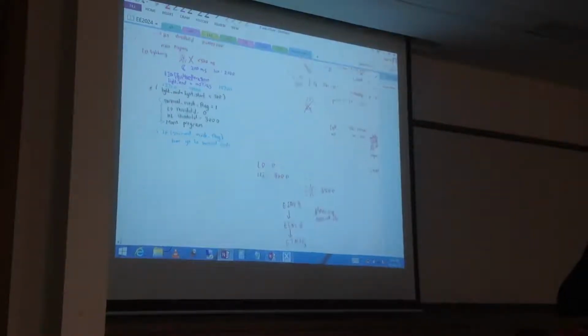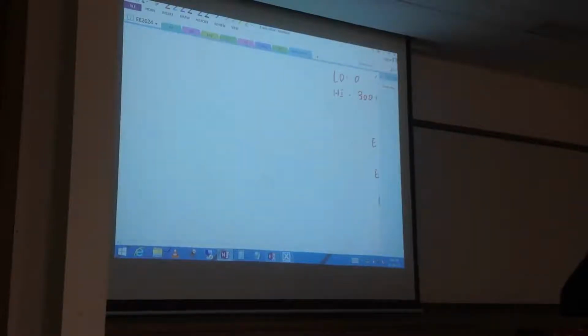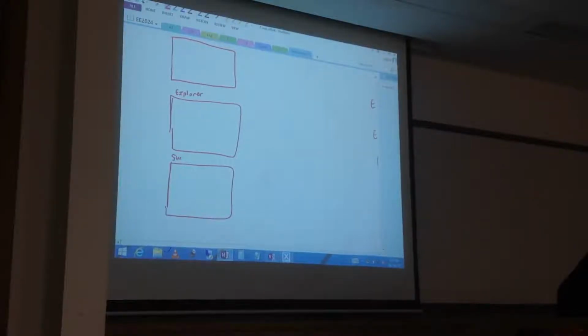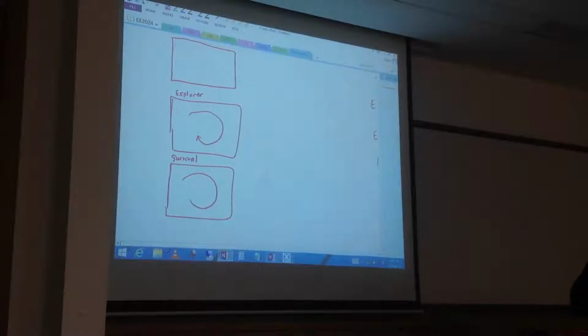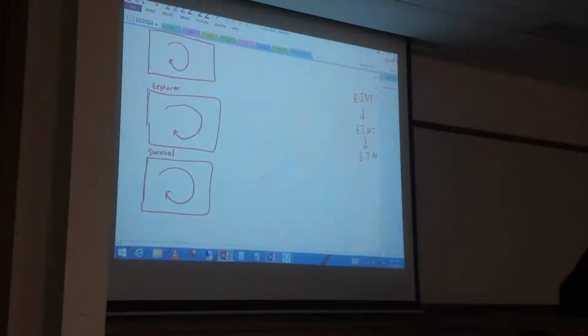Okay, so I'll just write it down again. So let's say this is the initialization. This is the explorer mode. This is the survival mode. No matter where you are, for example, if you're inside explorer or if you're inside survival mode, or even if you're in initialization, what happens is, if ever you press SW3,